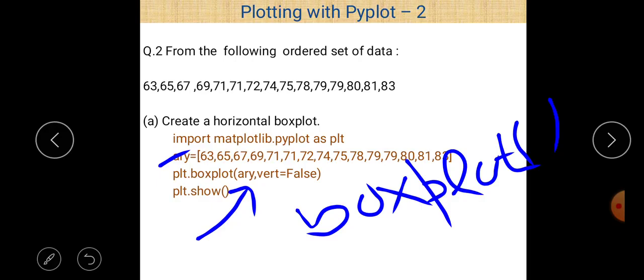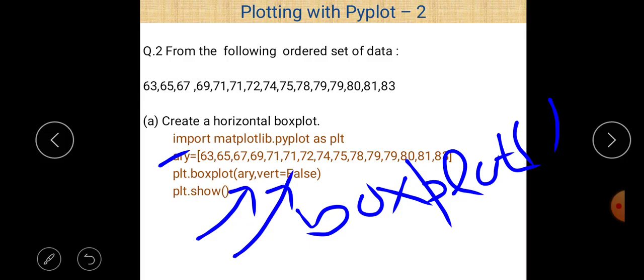Second, we have to create a horizontal box plot, and by default it is vertical, which means the default value of the vert parameter is True. So to create a horizontal box plot, we must give vert is equal to False. So a horizontal box plot will be there after the execution of that program.